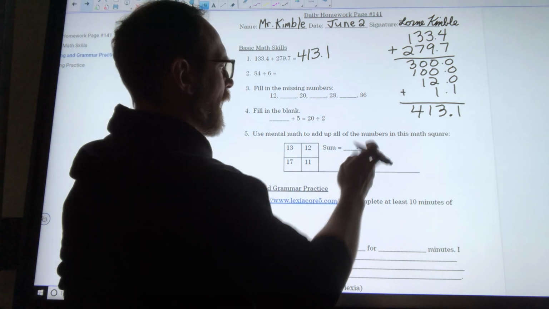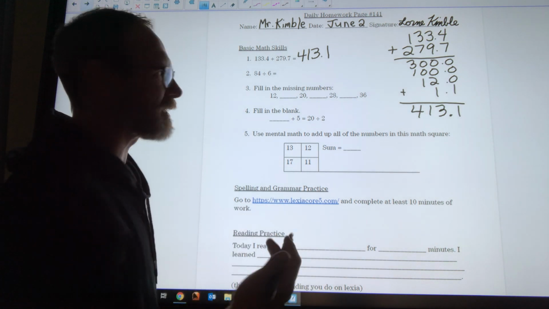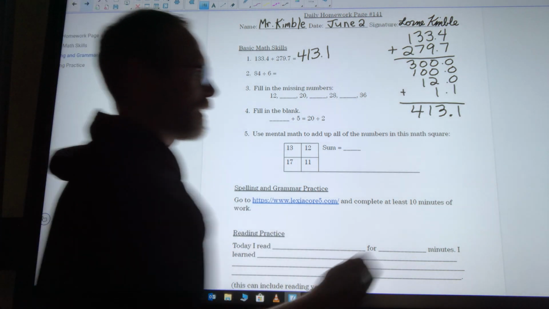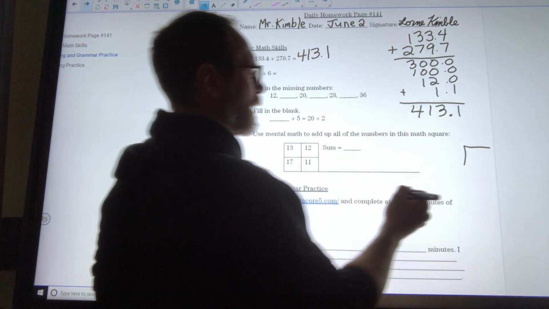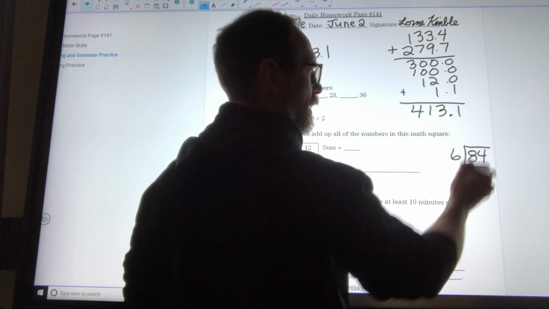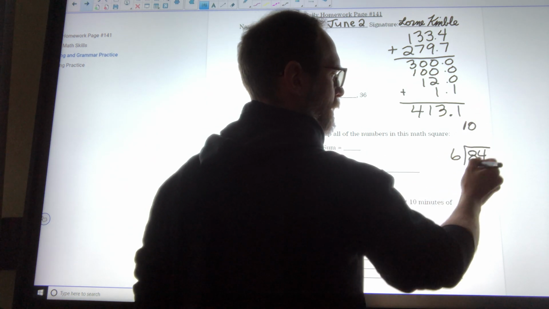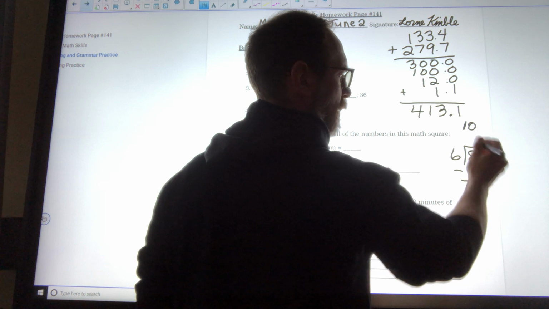Number 2 says 84 divided by 6. So I need to figure out how many 6s there is in 84. I know it's going to be more than 10 because 10 times 6 is 60, right? So I'm going to put the little house here, and I'll put 84 divided by 6 this way. And like I say, I know that 10 times 6 is 60, which is going to leave me with 24